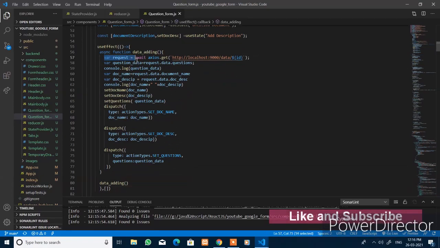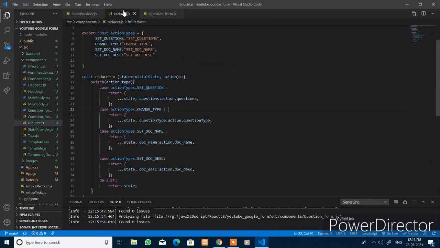Within that, create the request variable with await axios.get and pass the URL for which you are making the get request,